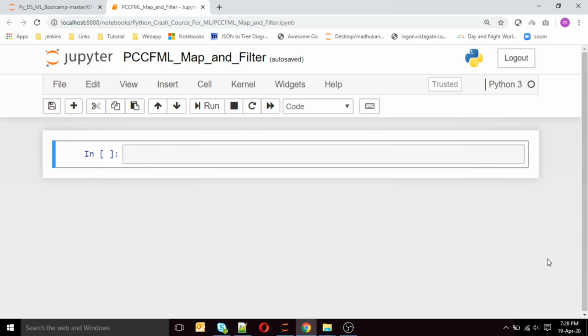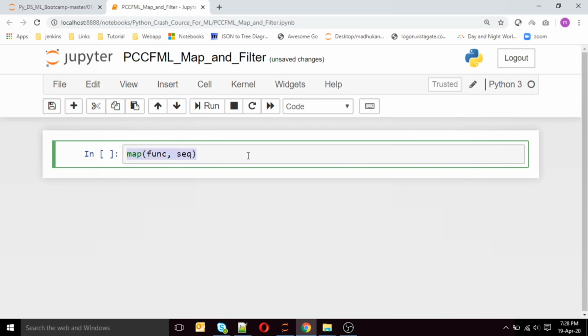What exactly is a map? Map is a function which gives you output on an iterable value like a list or something, does some kind of operation over there, and gives you the output directly in the form of a list or anything you want. To create a map, the signature should be some kind of function and the iterable sequence.